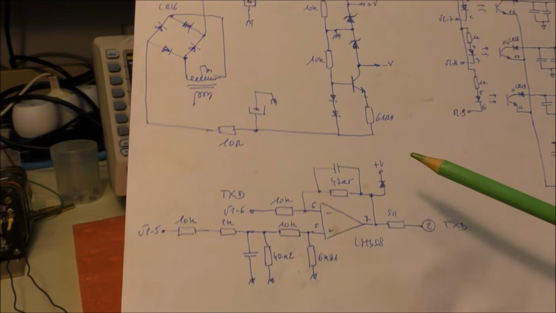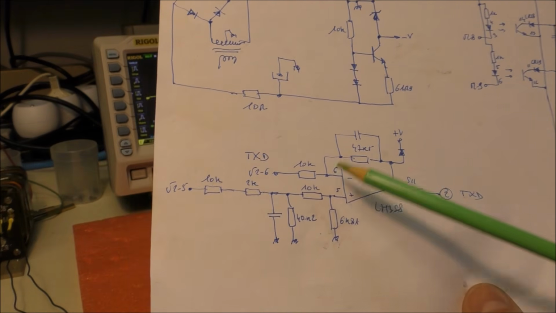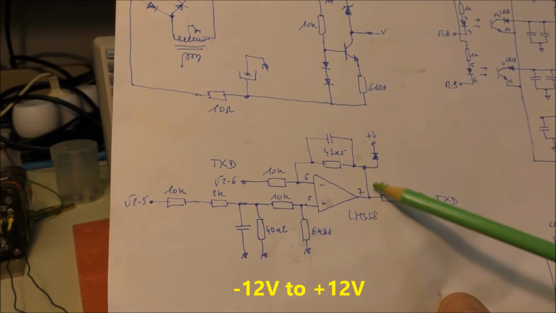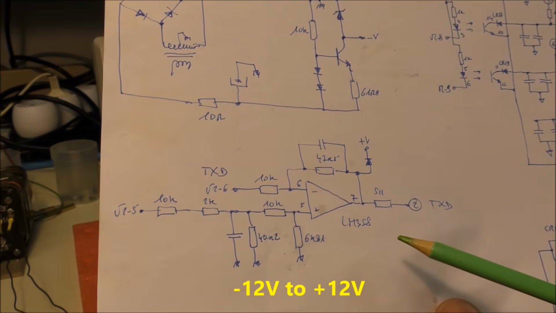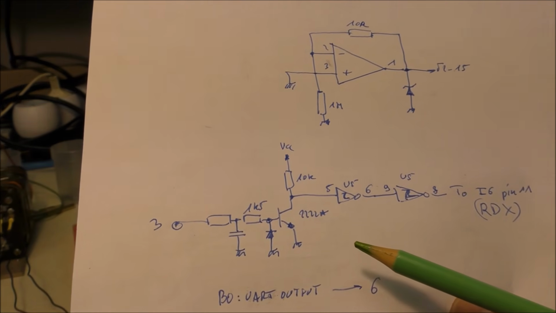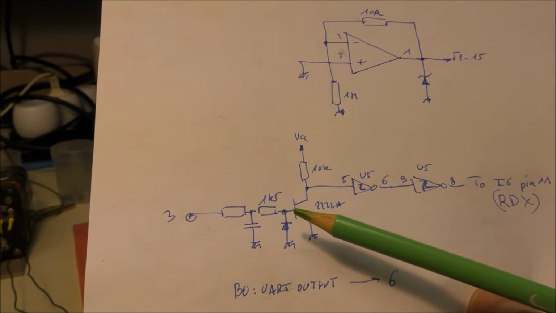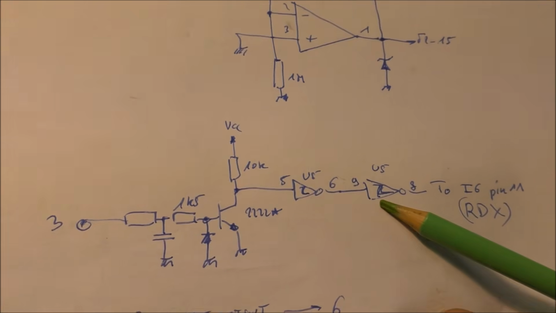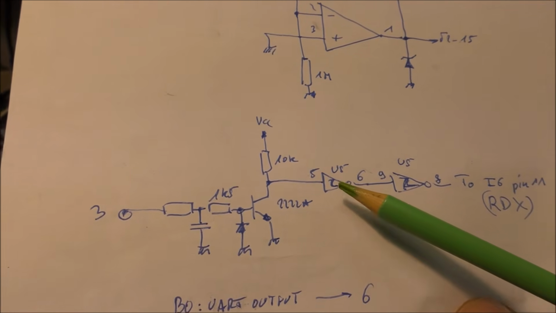In that system, there is a UART interface, and this circuit permits to generate a voltage between minus 5 to plus 5 volts approximately. And we have here the circuit for the reception of the RS-232. There is a transistor here which permits to invert the signal, and 2 inverters in cascade with the Schmitt trigger input.